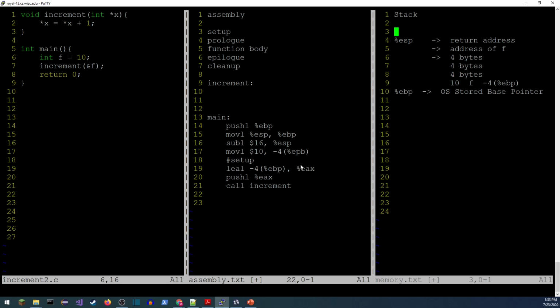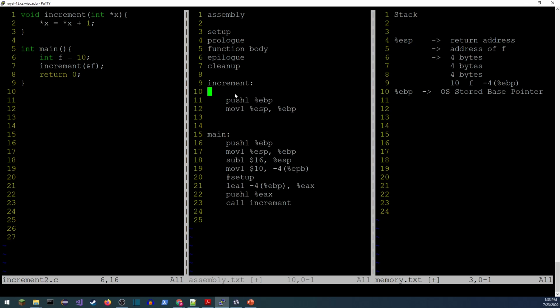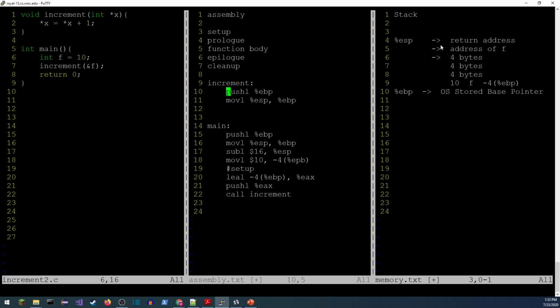The next lines will be the base pointer setup for the function. So we're jumping into the function at this point. So we'll have these same two lines copied at the beginning of every function. We'll push the base pointer and then move the stack pointer into the base pointer. So this is going to be there, we go.